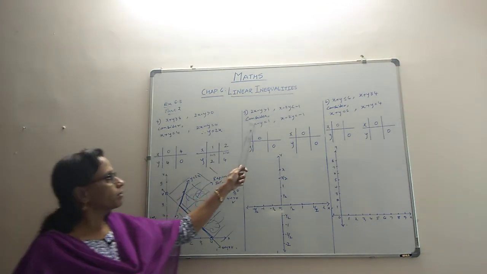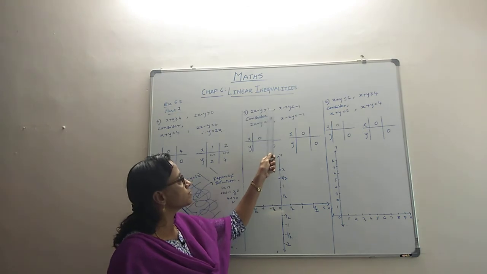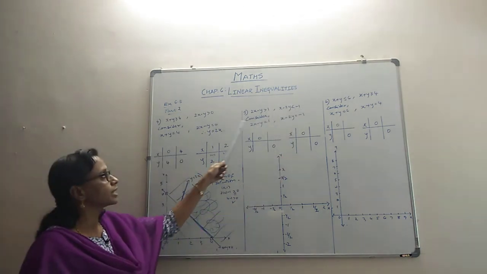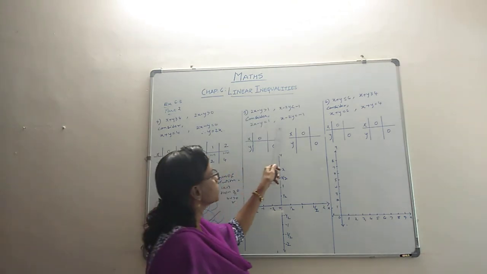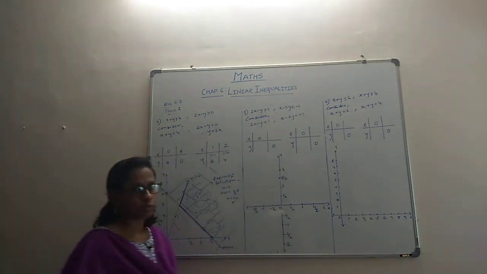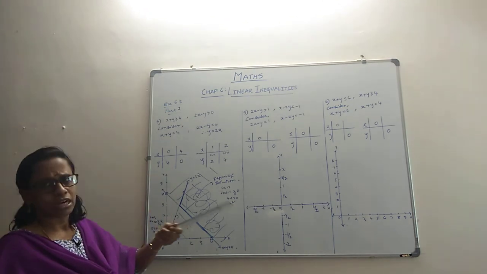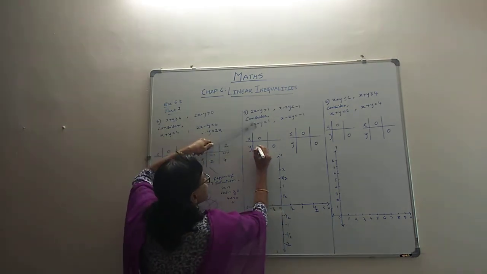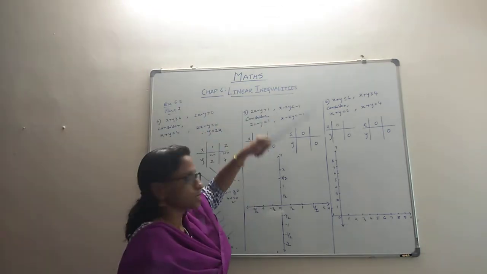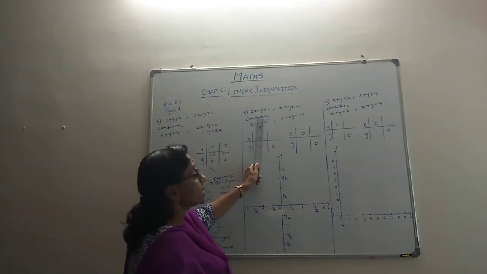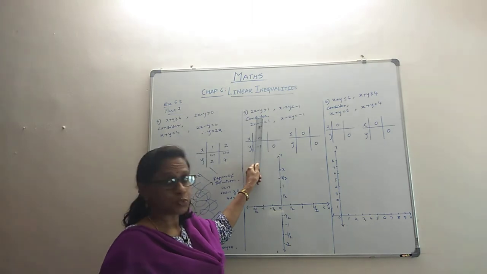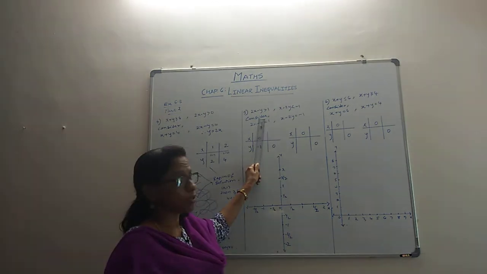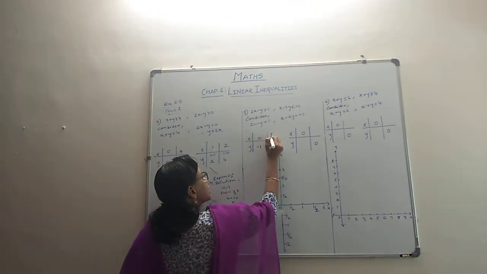We move to problem number 5, where it says that 2x minus y is greater than 1 and x minus 2y is less than minus 1. We are considering its equality, 2x minus y equal to 1 and x minus 2y equal to minus 1. And then we are using our old technique by putting x as 0. Y is coming as minus 1. Minus y is 1, so y is minus 1. And suppose y is 0, 2x is 1. If 2x is 1, x is half, because 2 goes on the other side. So here x is half.